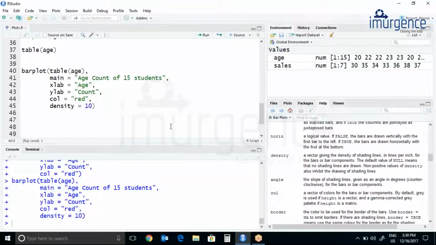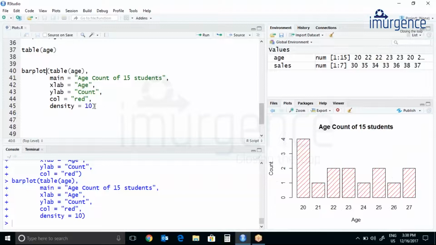So if I'm doing 10 over here, it is 10 lines per inch, and by default it is null. Let's go to plot. Let's change this density to 5. So it will be more spacious than if you do 15. So less space. So if you wish to add this into your plots, you can add anytime.